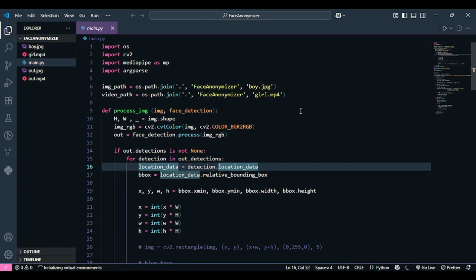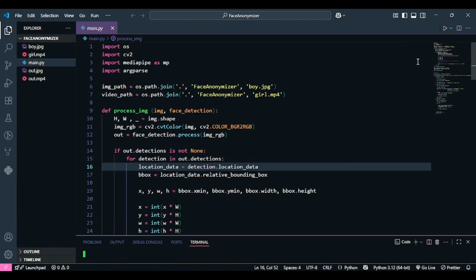Today we're going to make our very own face anonymizer, which is basically just going to blur your face, whether it's in an image, in a video, or on a webcam. So yes, this is a very good beginner level project. We are purely going to use Python and OpenCV functions in it. We are not going to use any complex algorithms. We are going to use a few other libraries as well, but that is going to be all.